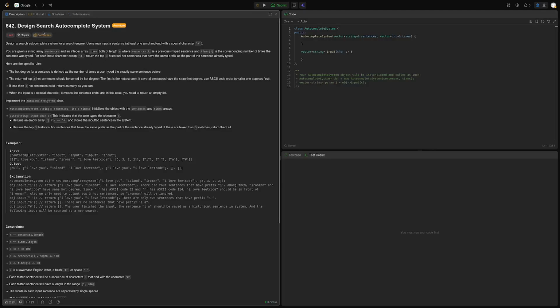So today we've got the design search autocomplete system. A user may input a sequence with at least one word, and you are given a string array of sentences and an integer array of times, both of length n, where sentences[i] is a previously typed sentence and times[i] is the number of times it was typed. For each input character, except the special one, return the top 3 historical hot sentences